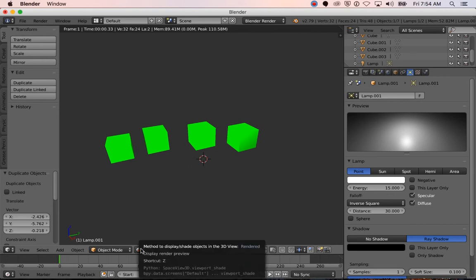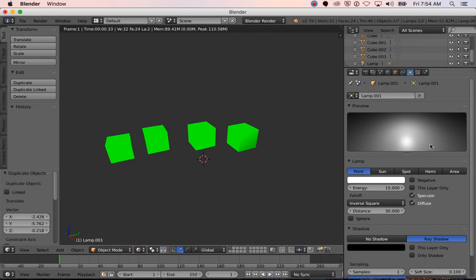Okay, so if you feel like it's really dark, you may want to play around with these settings here to see how you can change the actual lighting so that you have good lighting and you can actually see the things that you've built. Okay,